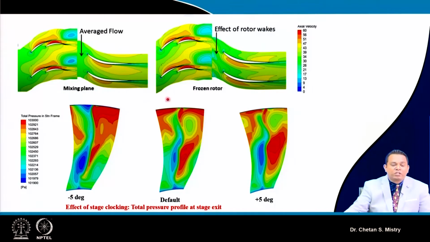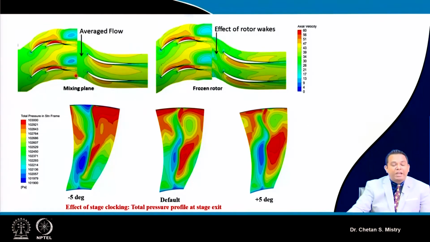Now here this is representing what we have discussed in terms of the mixing plane approach and the frozen rotor approach. This is the simulation result from one of my PhD students. Here if you look at my flow, it will be coming out with two wakes. We can say this is near a deep region kind of configuration. Under that condition, what will happen is my flow gets averaged out. Here if you look at the wake that will be coming out, it gets averaged out